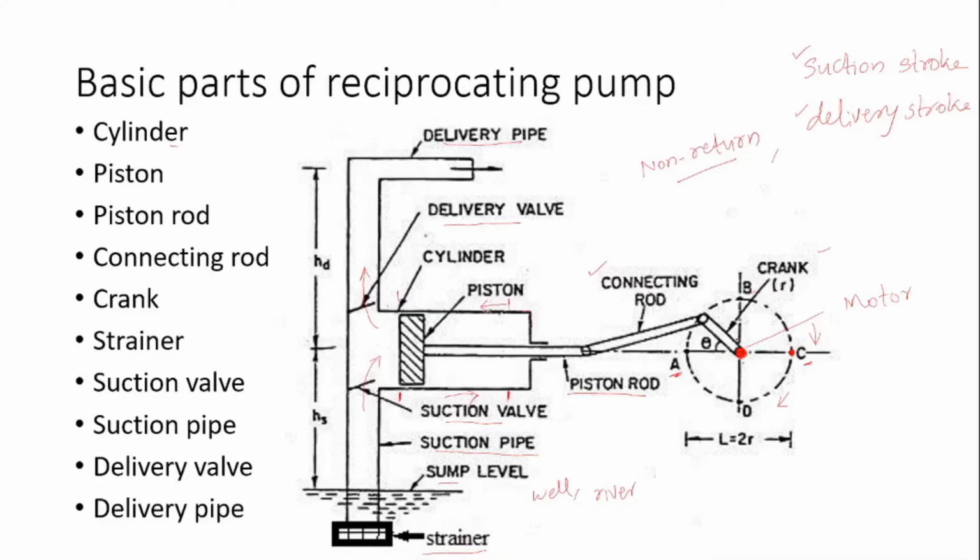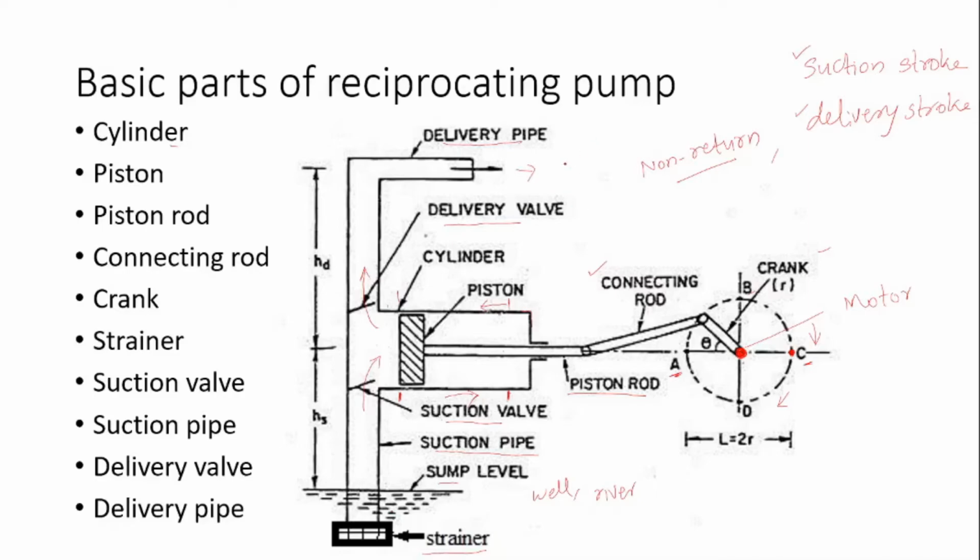Okay, so during one rotation or one revolution of the crank or the motor, we have one suction stroke, liquid enters into the cylinder, and we have one delivery stroke. The emptied liquid from the cylinder is emptied into the delivery pipe. During the operation, the crank will continuously rotate, and for every revolution we have one delivery stroke. So liquid will be flowing out of the delivery pipe intermittently.